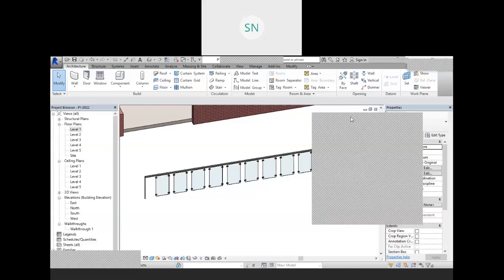Your baluster family is not working. Do you have the same library that you have in your Revit version? For example, if you are having a Revit 2019, then you should have 2019 library.